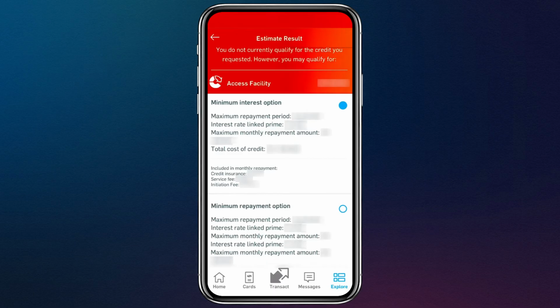If your application is approved, you'll be presented with the available loan options, including interest rates and repayment plans. Review these options carefully and select the one that works best for you. After choosing your preferred loan option, the loan will be confirmed, and the funds should be transferred to your account